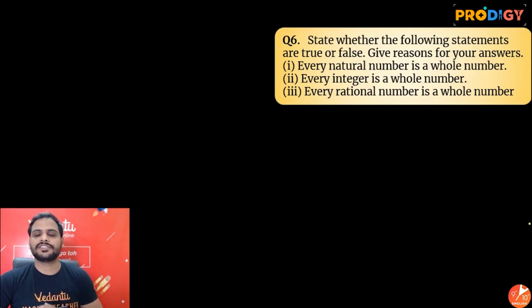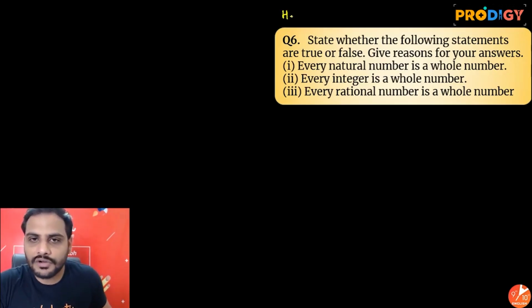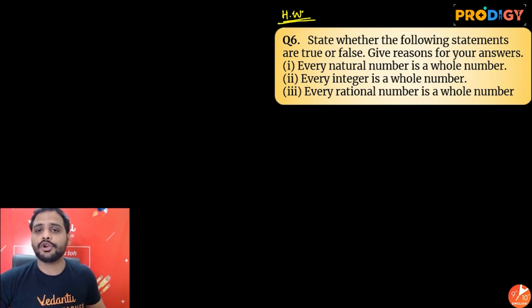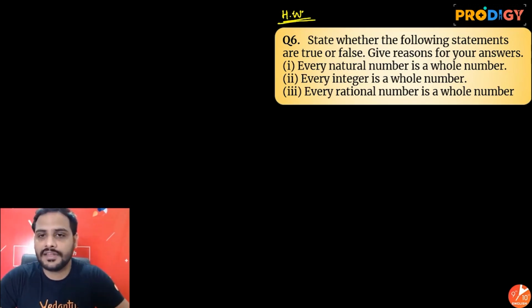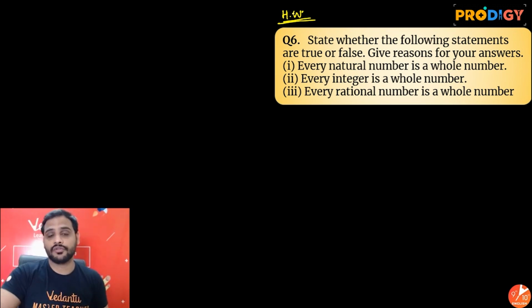Alright, now question number 6 is your homework question for today. I want you all to read all the 3 statements and give me the reason for your answer and state true or false. So write first true or false, small explanation. Second, true or false, small explanation. Third, true or false, small explanation. Anything you want, write it in the comment section and let me know. I will write the name of those students who have done the correct answer, show the name of those students who have done the correct answer in the next session.